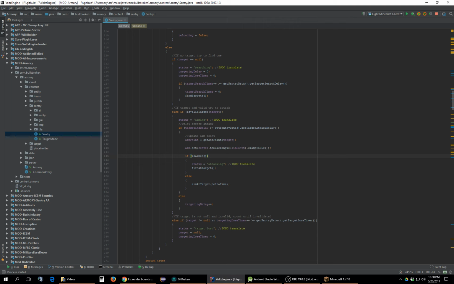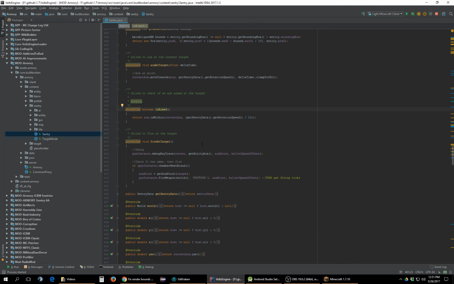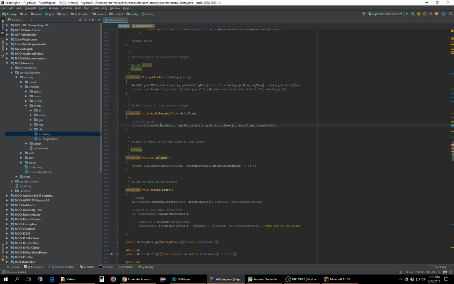So I've got to figure out what part of our code is actually doing this. So we get our aim point. We get is valid target, targeting delay, get aim point, is aimed. So is aimed is how we're actually handling it. So we go is within, and then we've got aim at target. So okay, we've got move towards,